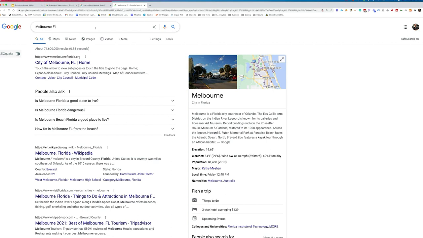The most important thing to understand is that entities are driving search today. And they're not just driving search, they're driving major social platforms, a lot of other major business platforms, because the web is becoming more and more interlinked using linked data. And because of that, we want to make sure that when we talk about concepts, we have the meaning that we intend attached to our site so that we can then get the most correct exposure to the people we are trying to talk to.